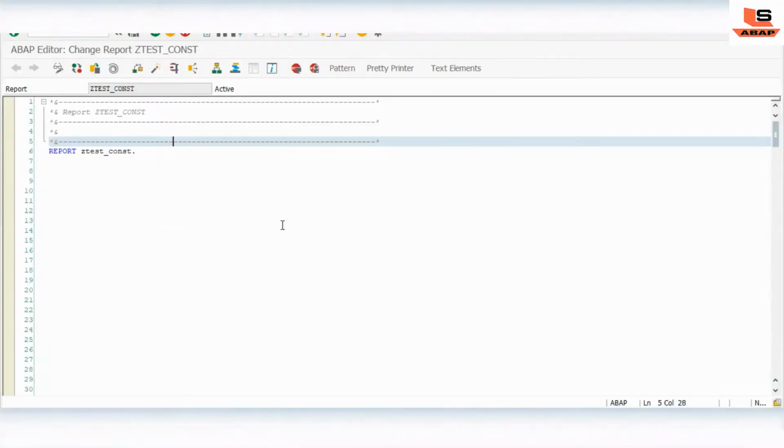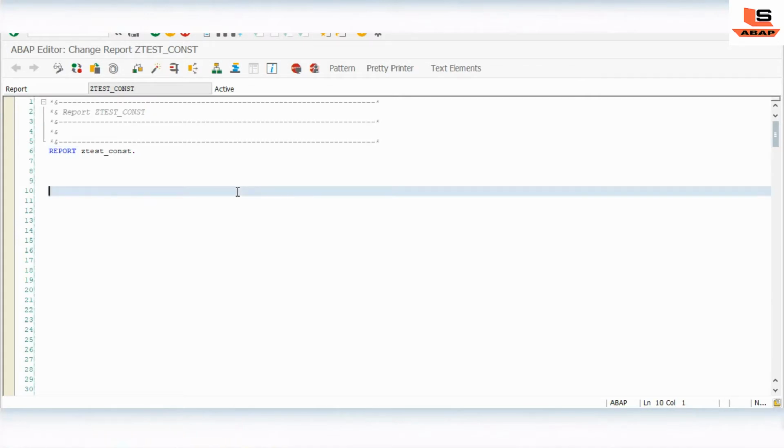Okay friends, so I am in my SAP system. Today we will see how the subclass, or we can say the child class, inherits the constructor of the superclass or parent class. So how does inheritance work in ABAP? We have already seen it in our last video, but don't worry, if you didn't watch it, you may find the link in the description. Go and check out how inheritance works and how we can inherit a class. So let's see how the subclass can inherit the constructor of the superclass.